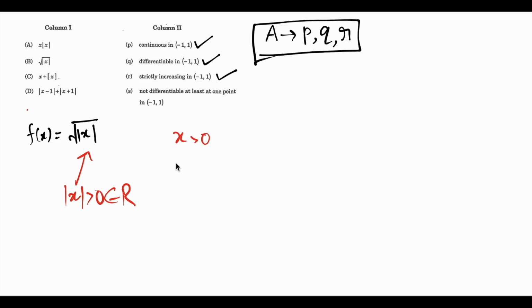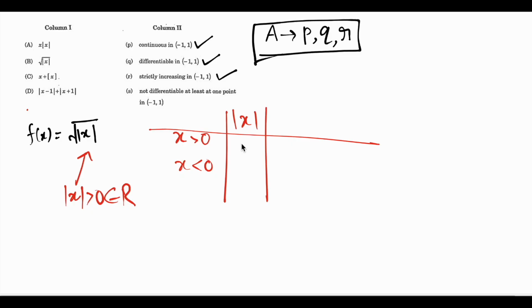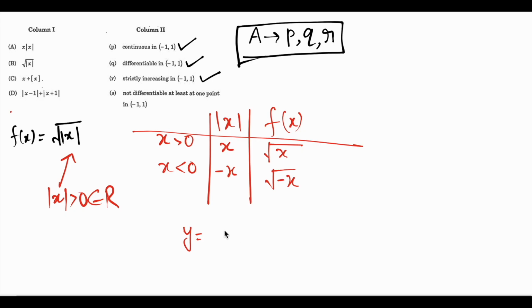Okay, so let's first find out how the function equation will look for x greater than 0 and x less than 0. For x greater than 0, mod x is going to be positive x, and for x less than 0, mod x is going to be negative x. And for f(x), we will be writing the function as square root x for positive x values and square root of minus x for negative x values. And thus we can define the function f(x), or we are just writing y instead of f(x). So y will be